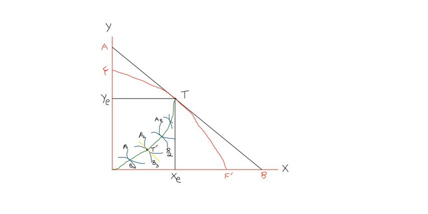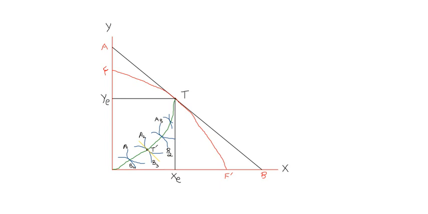Now how do you obtain that? For that you need to bring in a yellow colored price line. As you can see, it has been drawn here. This yellow colored price line is passing through the point of tangency of A2 and B3 indifference curves, and we have noted it with point T dash. So T dash is giving the equilibrium of the consumers in this diagram.